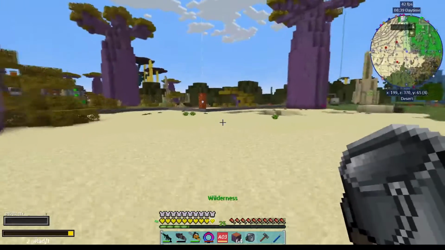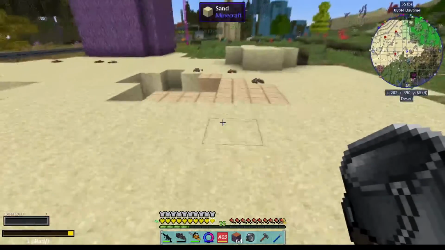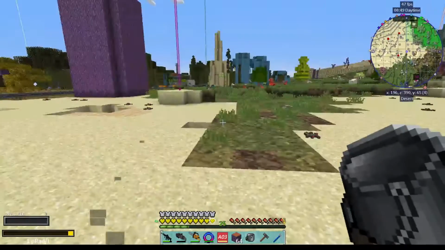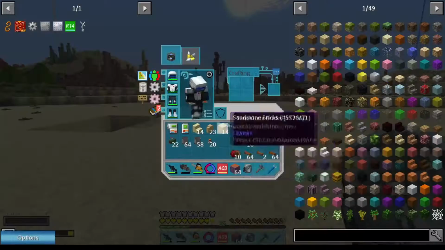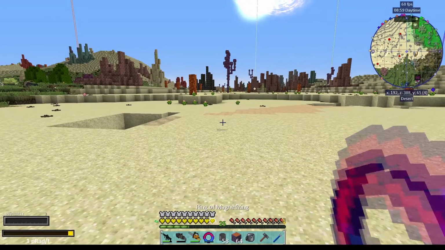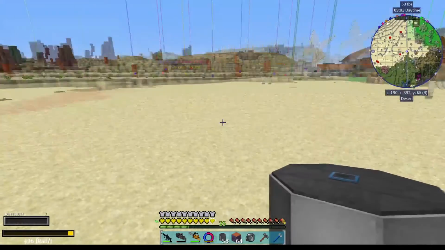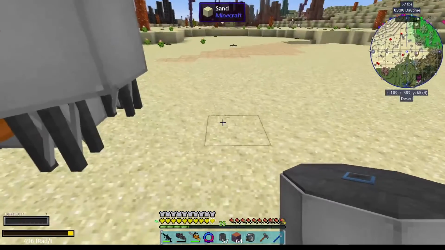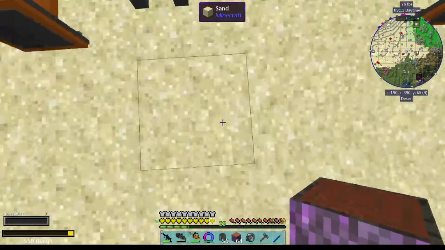So, first off, right down here. Mob hole. We are going to worry about planning this out later. First thing, I am going to build a tank. And it's gonna sit there. And there's gonna be one next to it. And